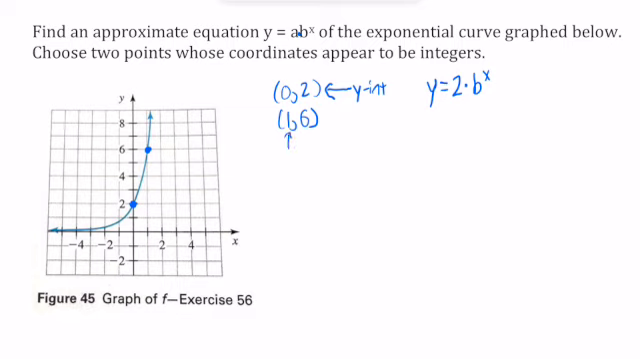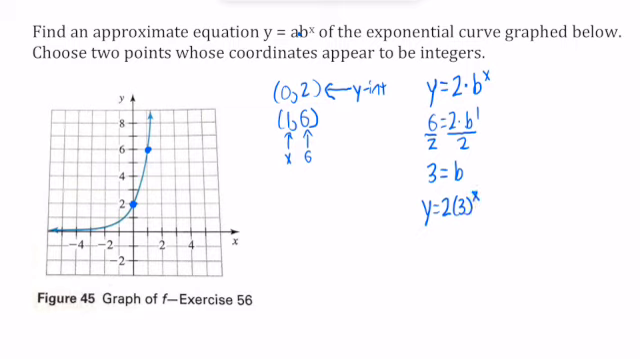And to figure out what b is, we can put in 1 for x and 6 for y. This gives us 6 equals 2 times b to the first. We get rid of that 2 by dividing by 2 on both sides, and we're left with 3 equals, and b to the first turns out to be b. So we're not going to even have to take a root or anything on this problem. We already know what b is. So knowing that a is 2 and b is 3, we're looking for the equation y equals 2 times 3